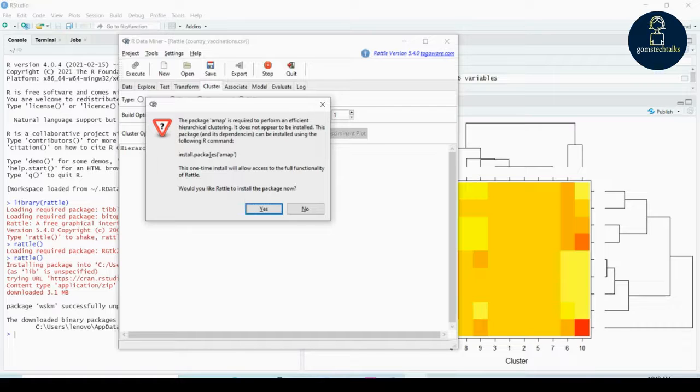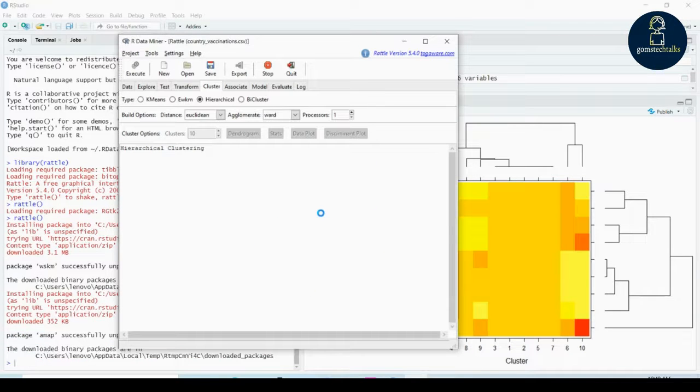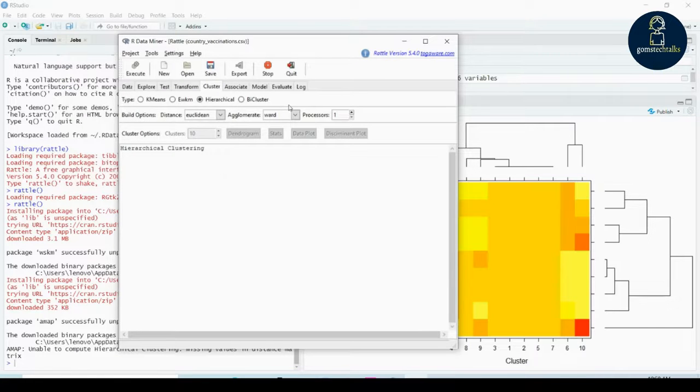That particular feature will work only if you install the package, so you click Y. Then you can see downloading happening automatically; it will download, extract, and install. If it needs any other installation, it will tell you. If it cannot be installed, or there is any error, that will also be shown by R.